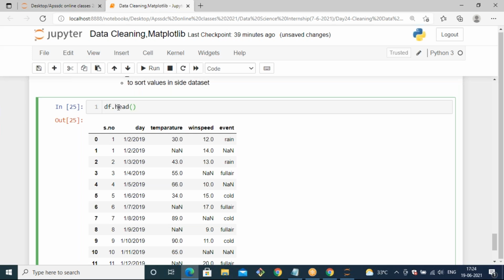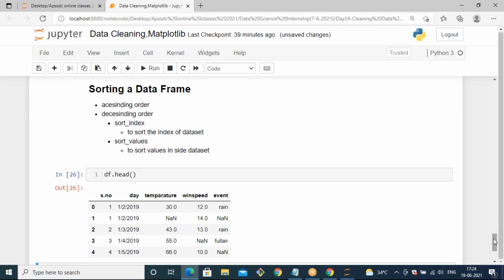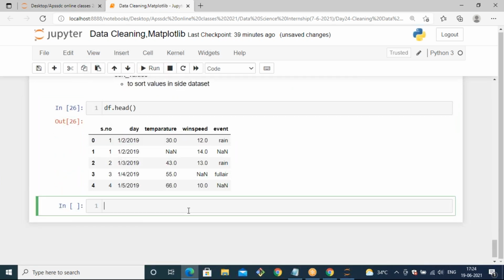Instead of the full data, I'm just using head so that the window size can be reduced. Now if I apply df dot sort underscore, you can observe that we have two methods, index and values.